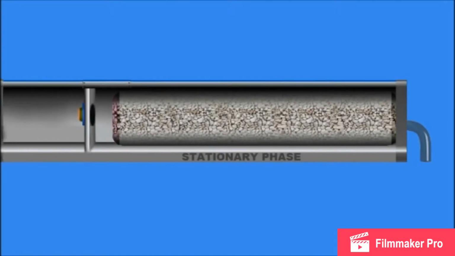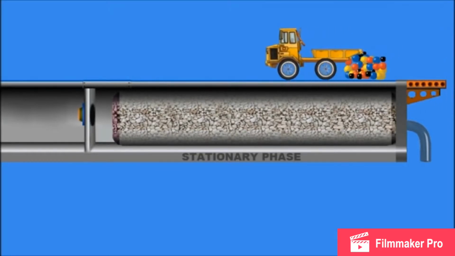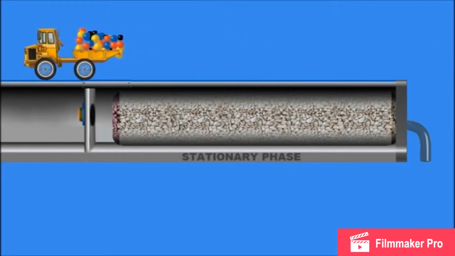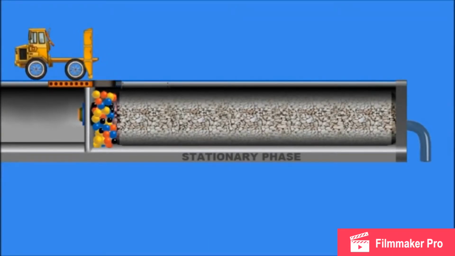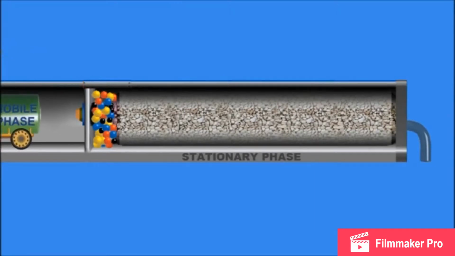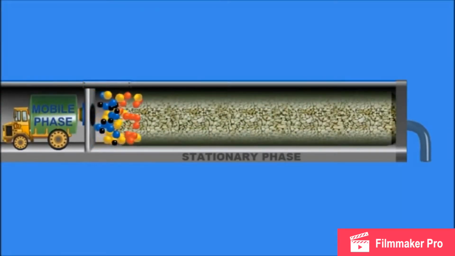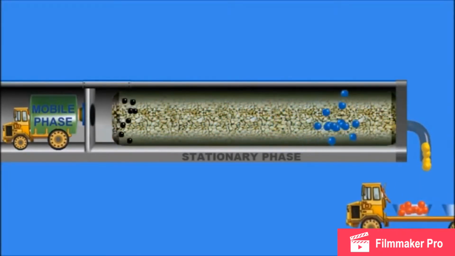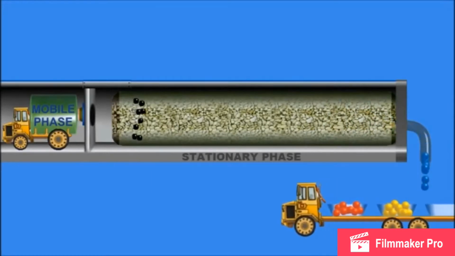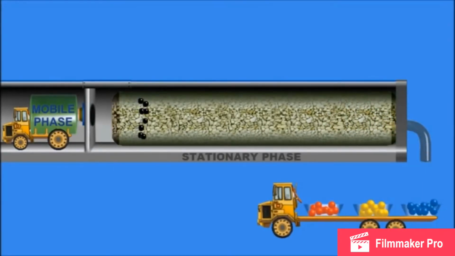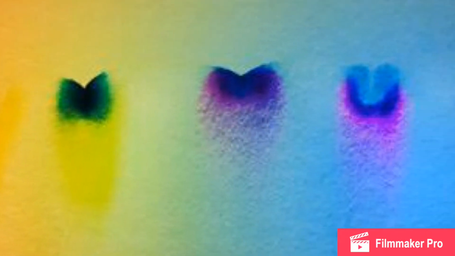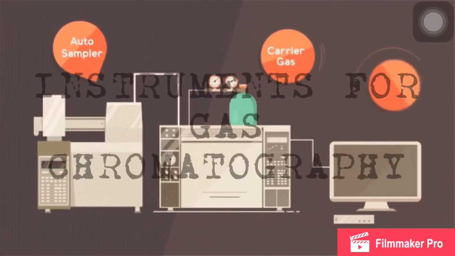Gas-liquid chromatography is based on partitioning of the analyte between a gaseous mobile phase and a liquid phase immobilized on the surface of an inert solid packing or on the walls of capillary tubing. While gas-solid chromatography is based on a solid stationary phase in which retention of analytes occurs because of physical adsorption. It permits the separation and determination of low molecular mass gases like air components, hydrogen sulfide, carbon monoxide, and nitrogen oxide. Since we already know the meaning of gas chromatography, let's now focus on